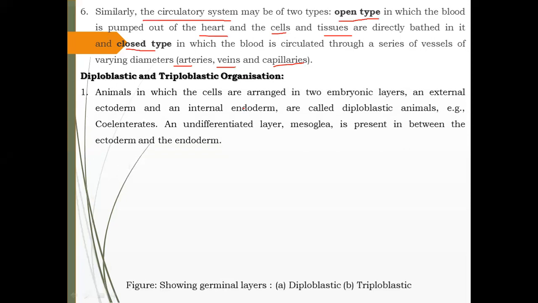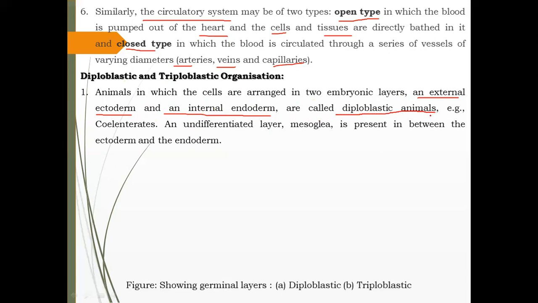The animals in which the cells are arranged in two embryonic layers, an external ectoderm and an internal endoderm, meaning the body wall of the animal is composed of two layers, are called